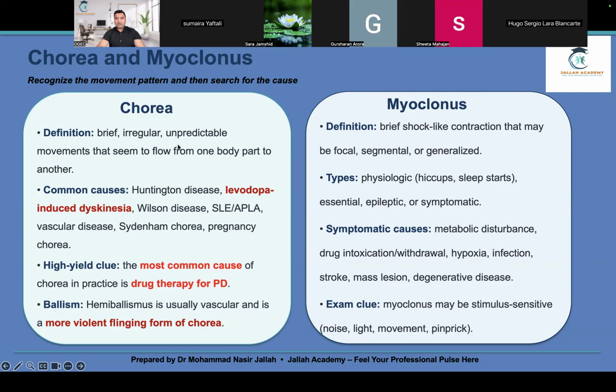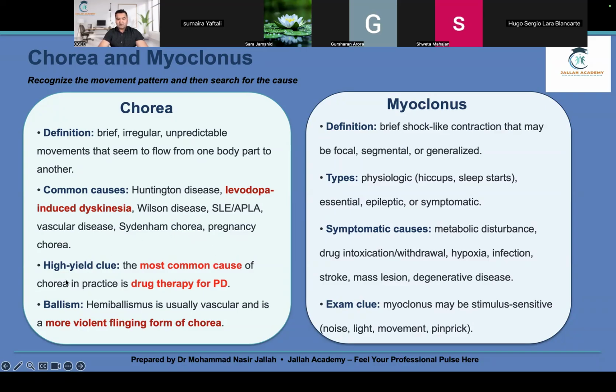Definition: it's brief, irregular, unpredictable movement that seems to flow from one part of the body to another. Like the way I did last night, right? So it's like a movement that starts from one part of your body and goes to the next. Common causes could be Huntington disease, levodopa-induced dyskinesia, Wilson disease, systemic lupus erythematosus, vascular disease, Sydenham chorea, which is the most important